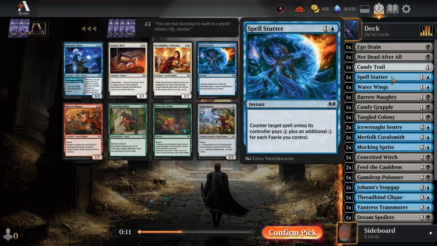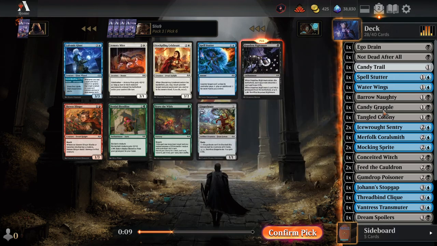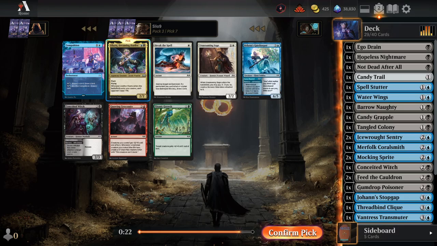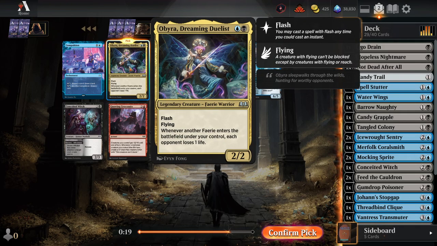Kind of like this, just to have something going on so we can build up. We don't have a ton of bargain, but we do have some. And I like Hopeless Nightmare as a way to have a bargain. Oh, hey, here we go. We saw this in pack 1, and we weren't in the second color. But now,